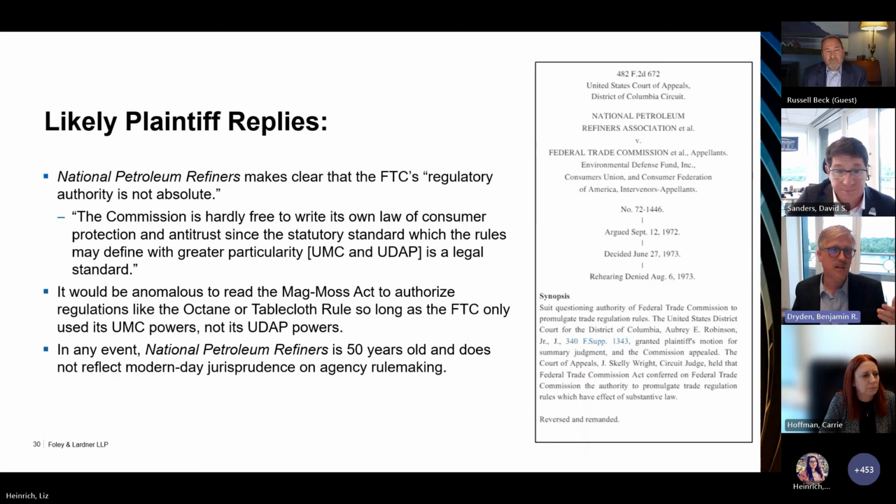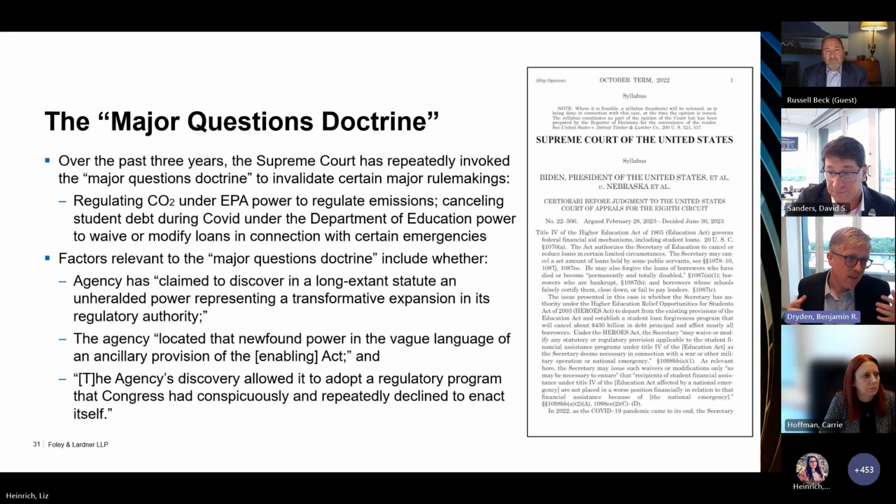Next slide. Where this could very well go, and I think the most fundamental criticism of the non-compete rule, is the major questions doctrine, which is something that over the past 3 years, the Supreme Court has repeatedly invoked to invalidate major rulemakings in areas of real difficult policy decisions, like regulating carbon emissions under the Clean Air Act or student loan repayments. And the Supreme Court said, Congress doesn't hide elephants in mouse holes. If Congress is delegating to an agency the power to make real major substantive laws, that has to be a